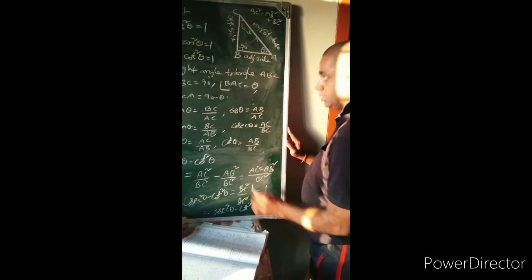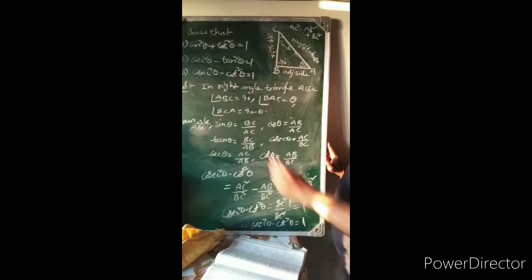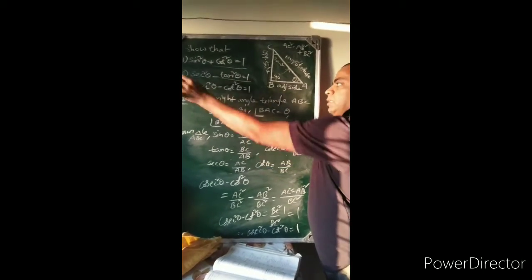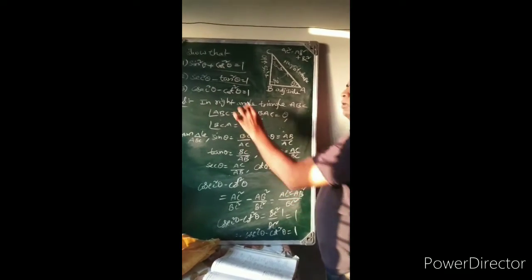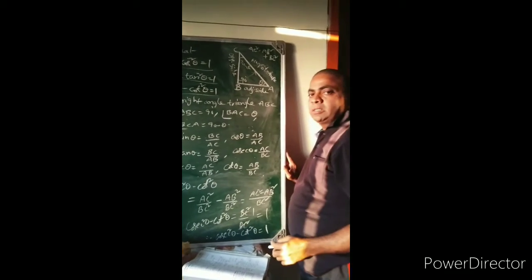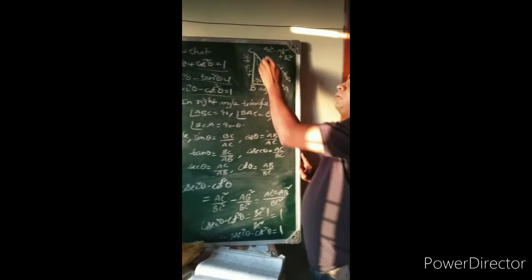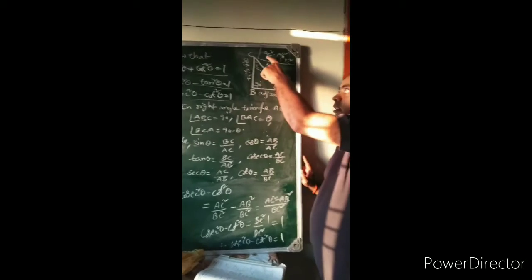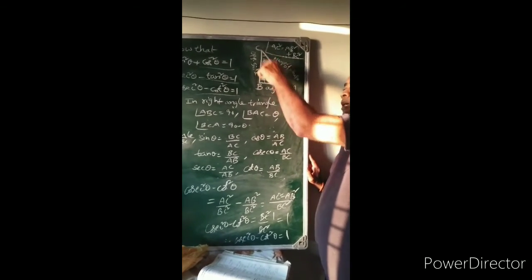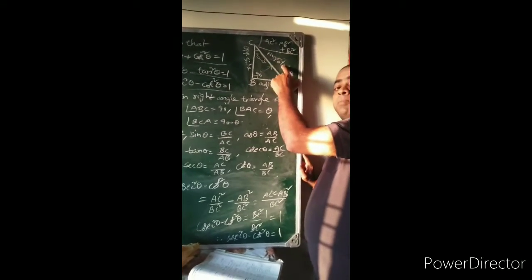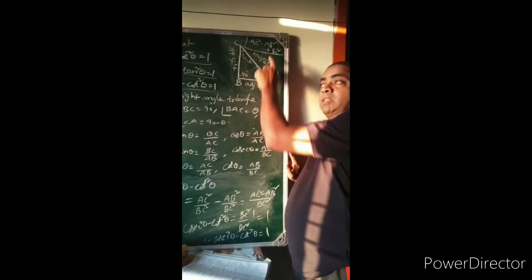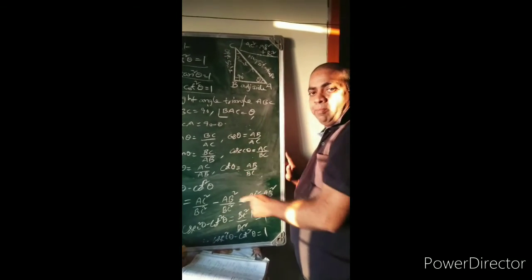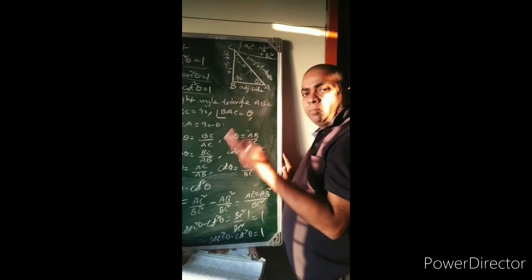Then finally, these three you can call the identities. The first one is sin square theta plus cos square theta is equal to 1. The second one is secant square theta minus tan square theta is equal to 1. The third one is cosec square theta minus cot square theta is equal to 1. How did we get these? According to the Pythagoras statement only we got these values. So the Pythagoras statement is very important: in a right angle triangle, the square of the hypotenuse is exactly equal to the sum of the squares of the other two sides. From that statement only we got this information. Very, very important. It can be asked for either 1 mark or 2 marks.